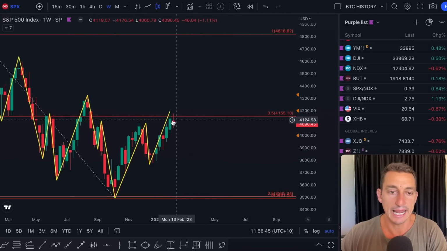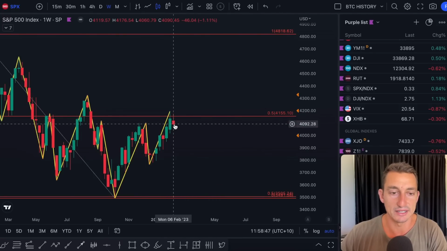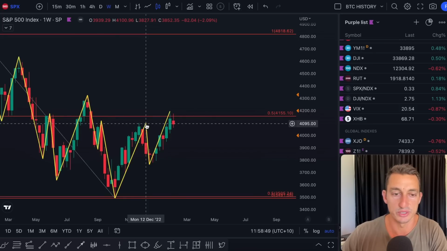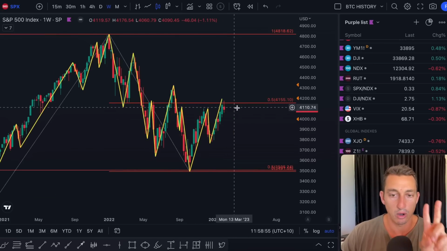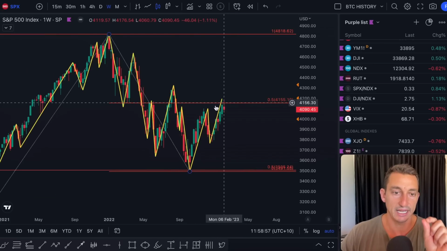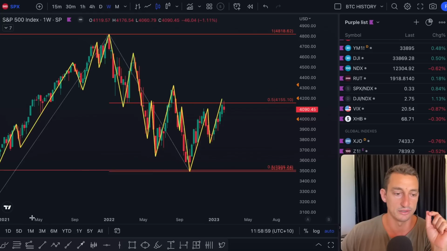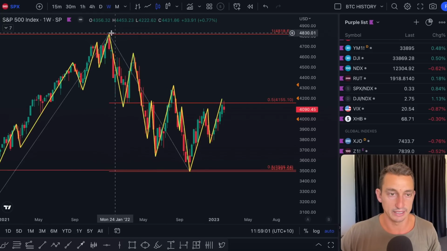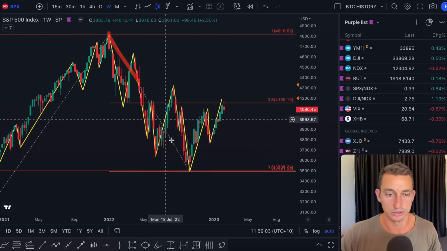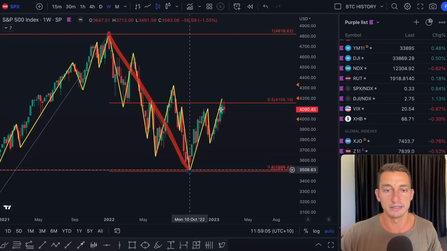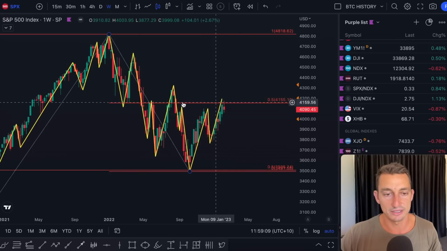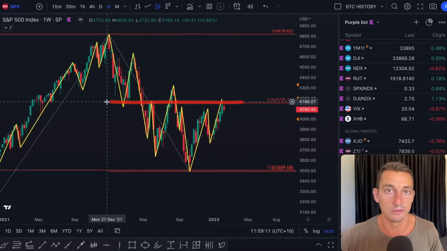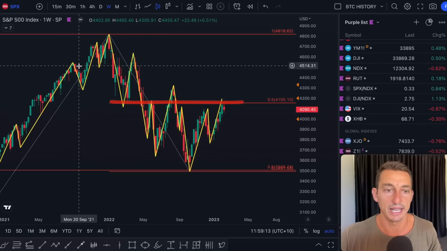Now to the S&P, and we have just closed another week very close to the previous swing top set back in mid-December, and the last 2 weeks have actually been rejected off the 50% level. So that key 50% level of the bear market decline. This is what we're looking at here, from the peak to the trough, and then splitting this in half right down the guts is 41.55. So that is still playing out as a key level, technically speaking, for the S&P 500.